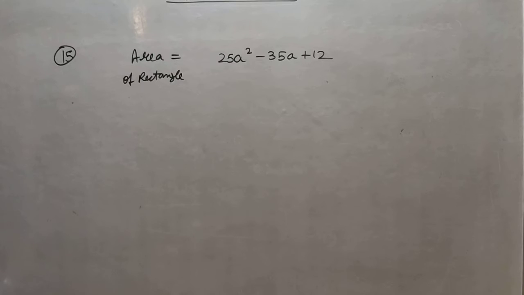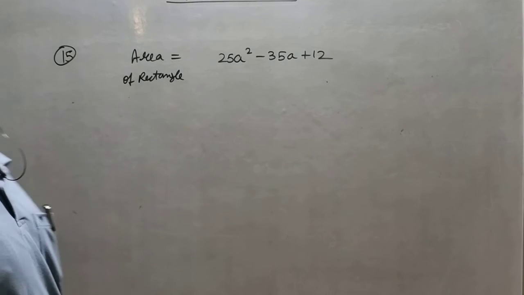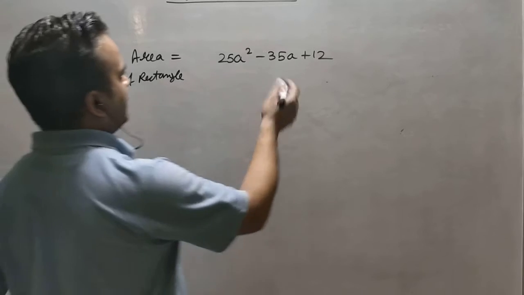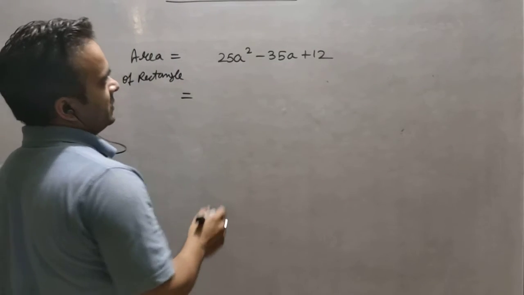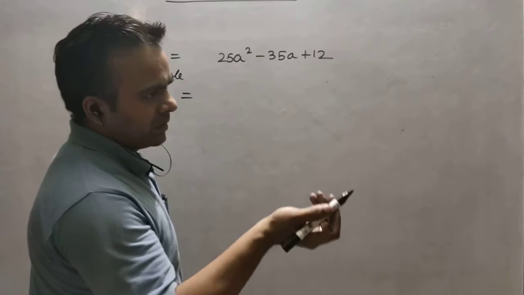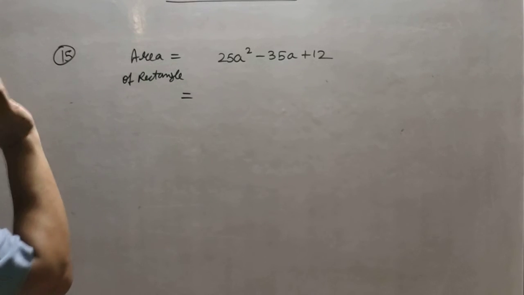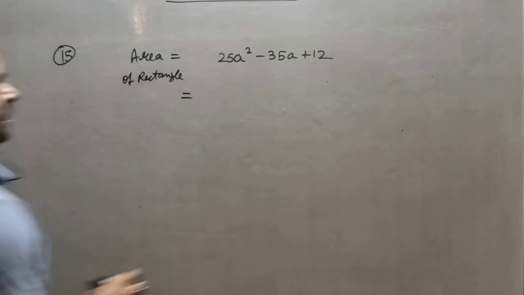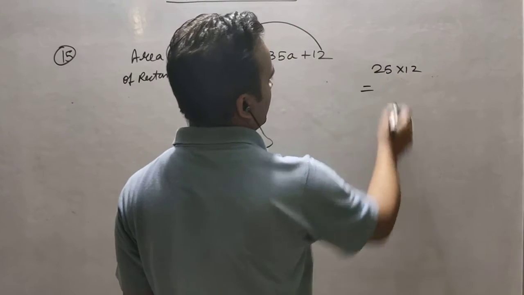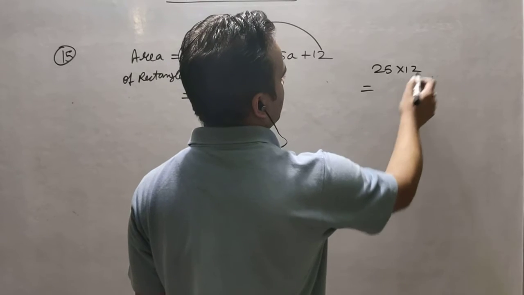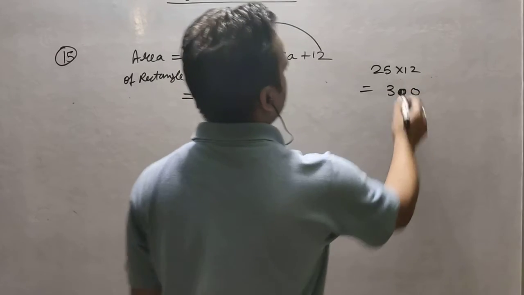So it is a quadratic polynomial, right? And for a quadratic polynomial, how many solutions are possible? 2. So definitely those 2 solutions will belong to length and breadth. This is a very easy part. So we will try to find the factors. You can do middle term splitting, because we cannot use an identity here in this case. So we will multiply, you know very well, 25 into 12, right? So it will be 300, right?